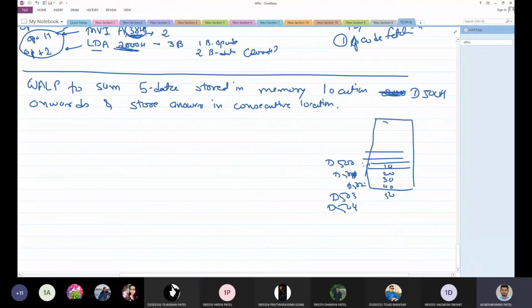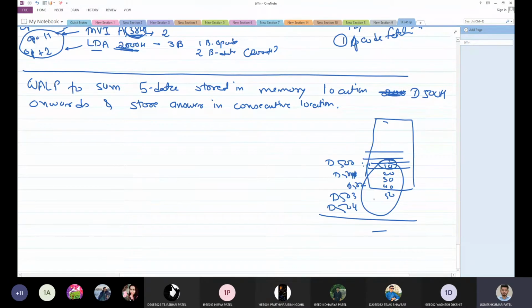Now what I have to do, I have to sum all this data, and then I have to store the answer in the next consecutive location. Now when you are performing this kind of addition, you have to take care of one more thing that we'll see later on, but as of now, let us first understand how to read this data. Now see, the difference is this data is not immediate.